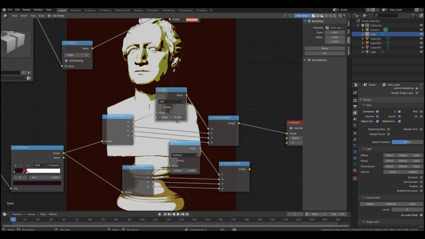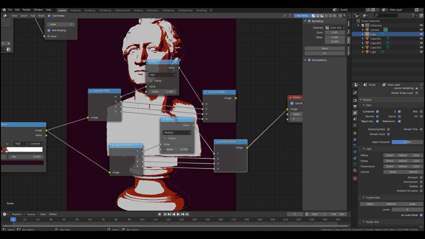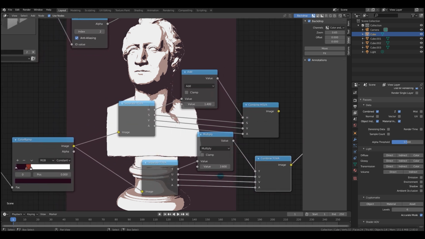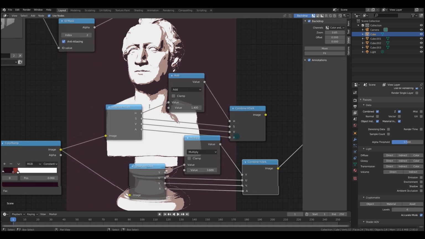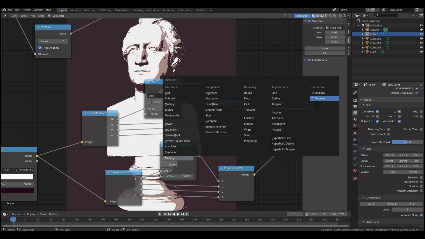For example, you could add to the hue and that will adjust the tonal regions, or you could multiply the luminance and that's how you would adjust the total luminance. You're going to be using the math node for most edits that cannot be achieved with a dedicated node. Anytime there's a more complex edit happening, there's probably math nodes involved. It's worth getting to know some of these operations, but obviously you don't need to know all of them.